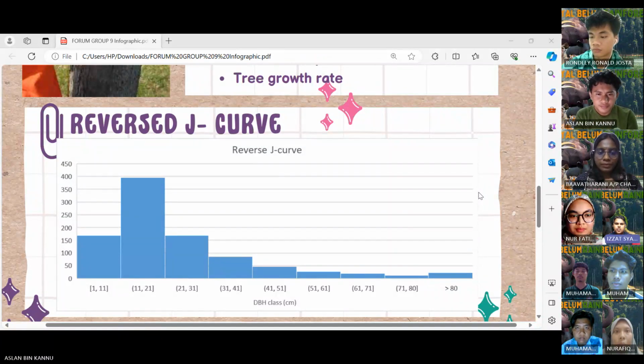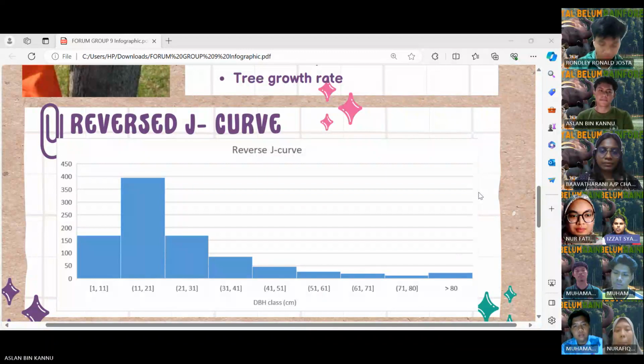Monitoring above ground biomass is important for understanding carbon storage, ecosystem productivity, and assessing the impact of land use changes or environmental disturbance. Formula of above ground biomass: weight of stem plus weight of branches plus weight of leaf. Firstly, the formula of stem, for example, arabate. The formula used is 0.313 times bracket DBH, which is 3 times 0.1, because we need to convert to meters. Then close the bracket, power of 2 times bracket